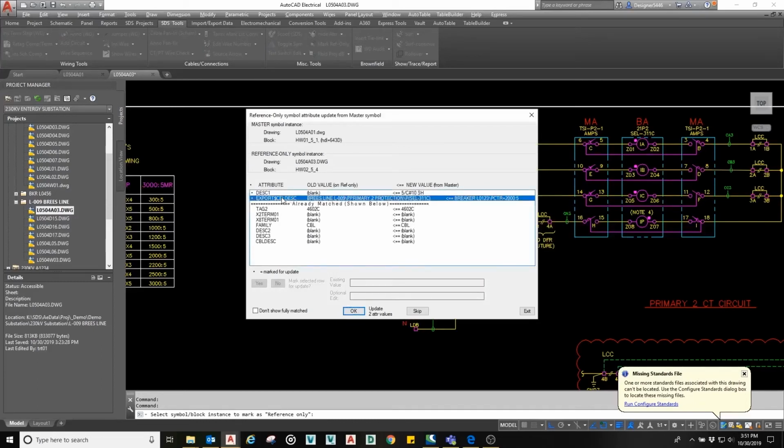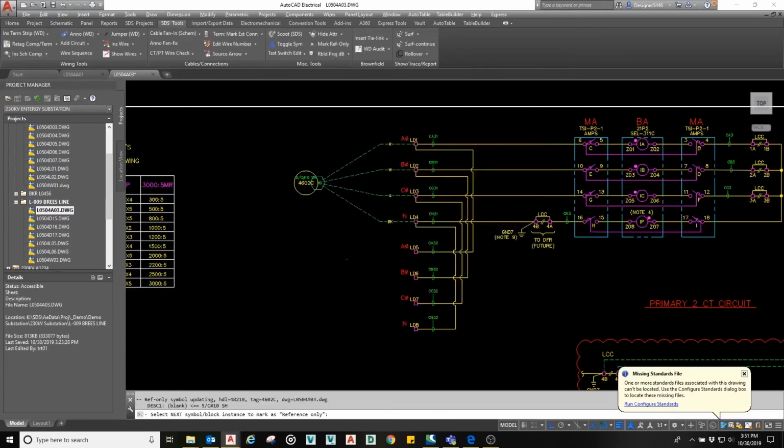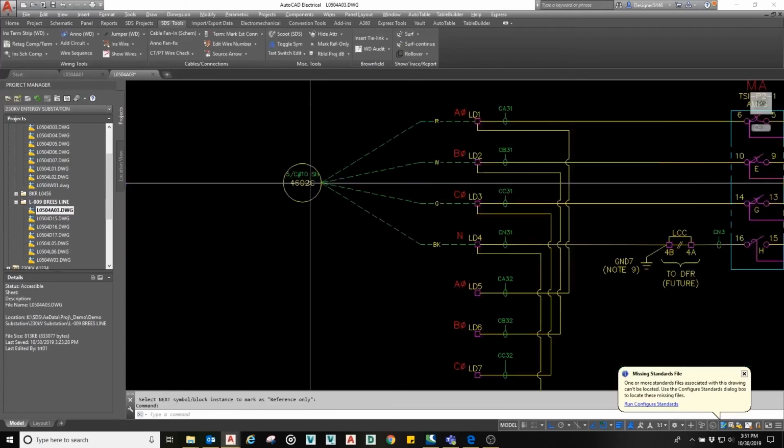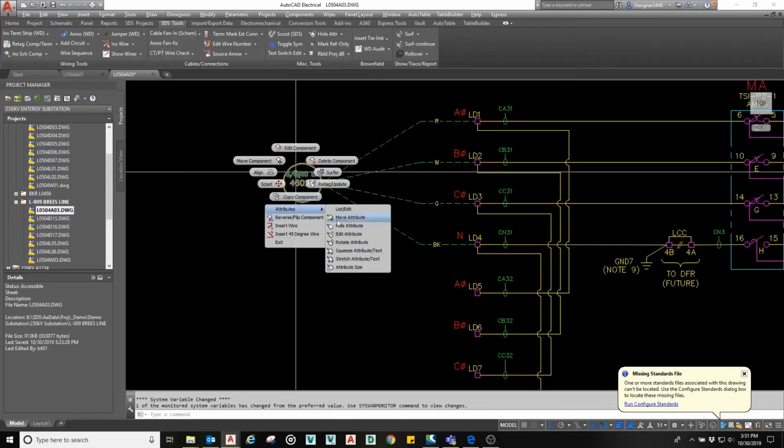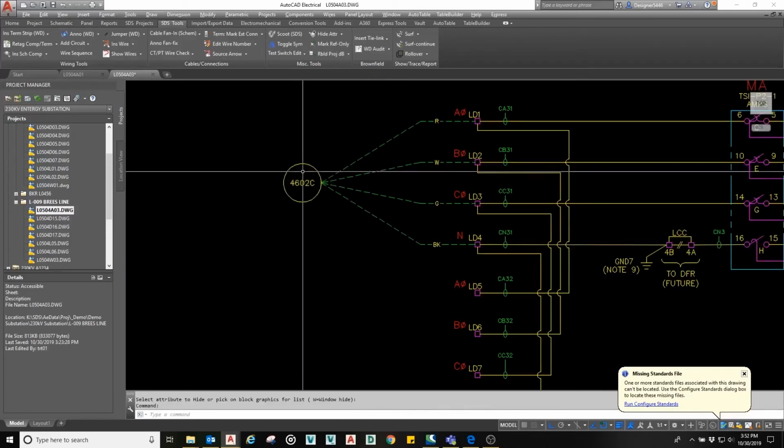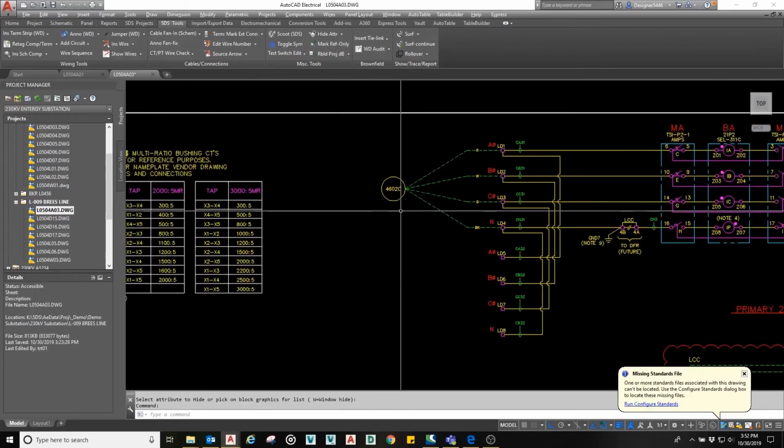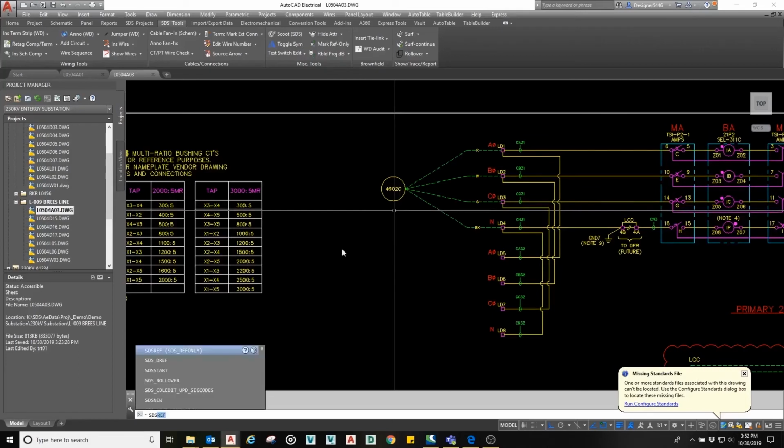Now, it's very important to remember that the export CBL description attribute that is highlighted is excluded from this list of updating. You can and should add this attribute to the exclusion list under the settings button in the initial ref only dialog box to add this to the exceptions list, and then you won't have to worry about it. So once you've made that a reference symbol, go ahead and Q-save the drawing,